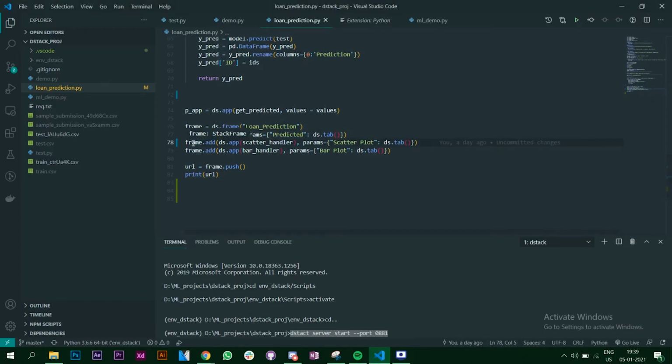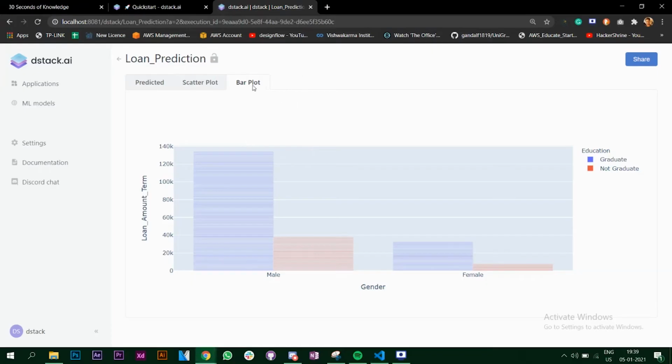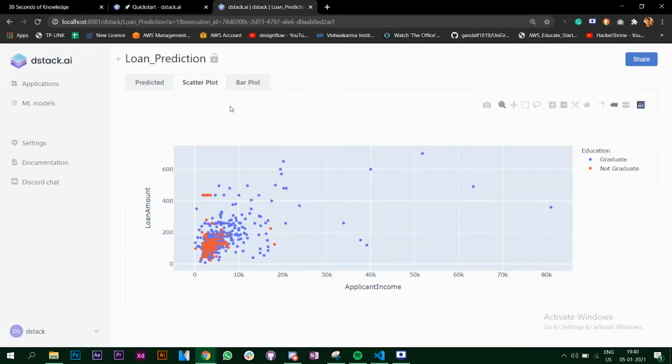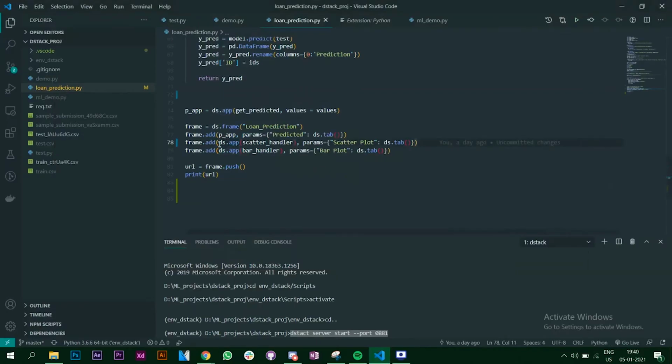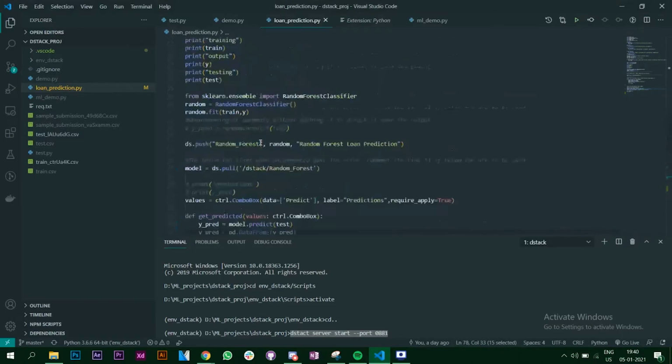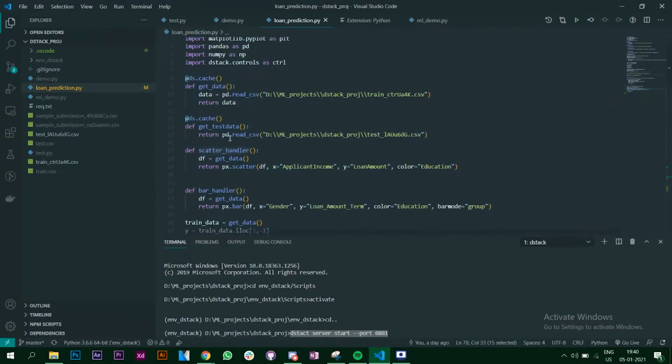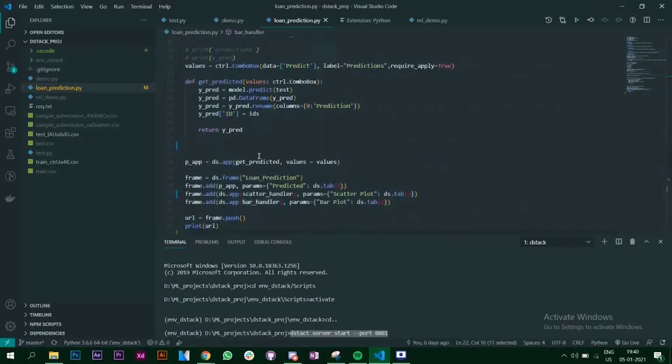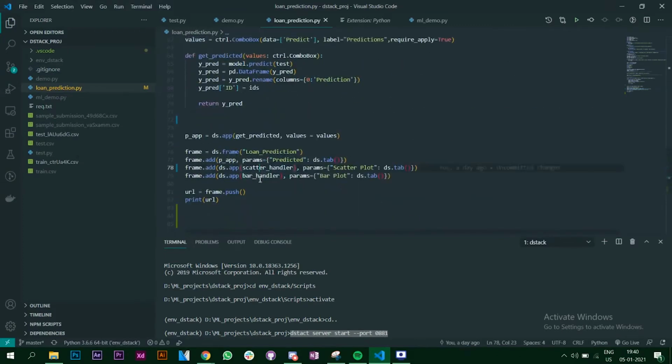So to add it, we just simply write frame.add, and inside the parameter, you have to add the application. So as I said, this is an application and scatterplot is another application. So inside the ds.app application, you pass the name of the function. So if you remember, we have scatter handler and the bar handler as the name of the function, and we are going to pass that as the parameter to the ds.app, which is in turn a parameter to the frame.add